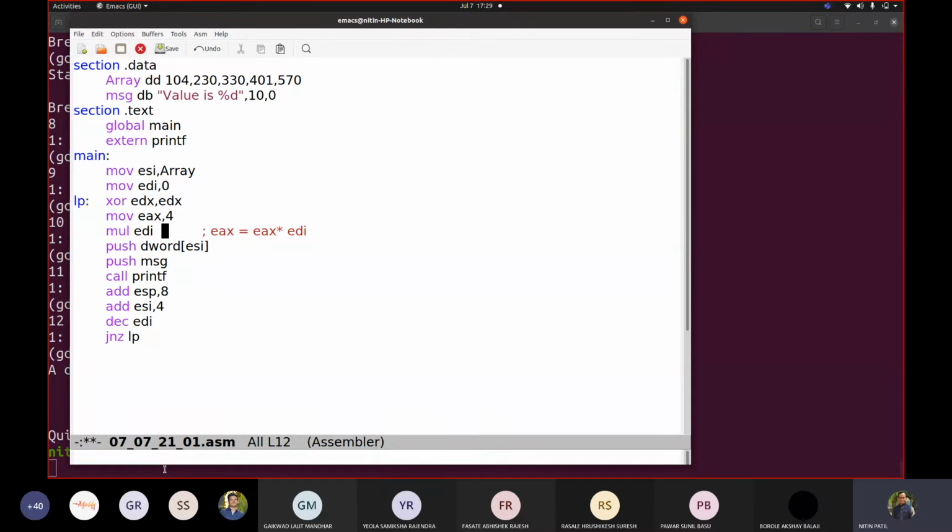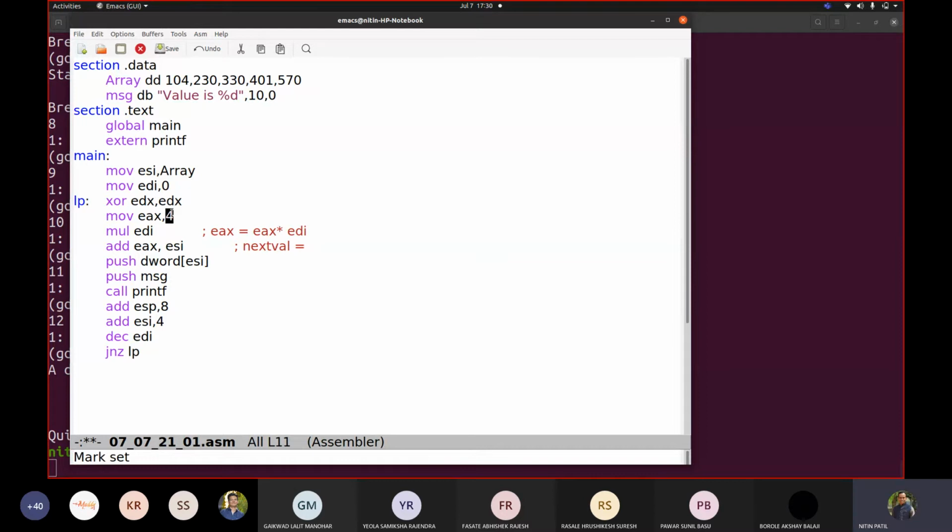Fine. Okay. Now I'm adding this. Add EAX comma ESI. So I'm writing this statement like this. So next val is equal to, this is already done. Where is size?